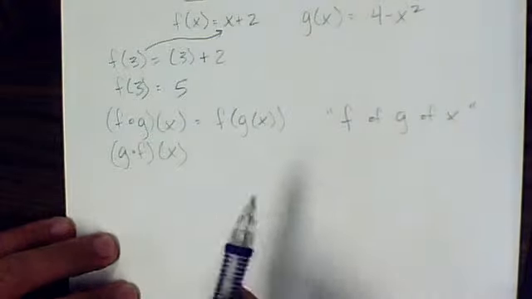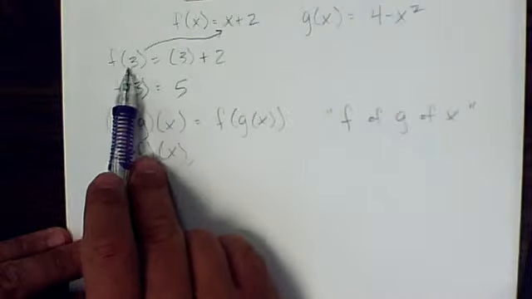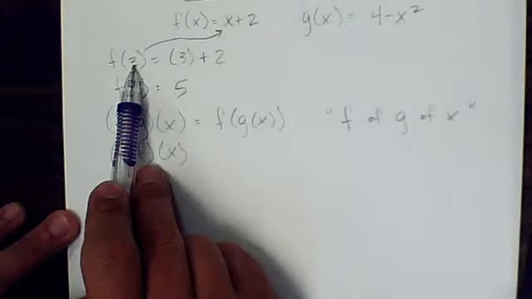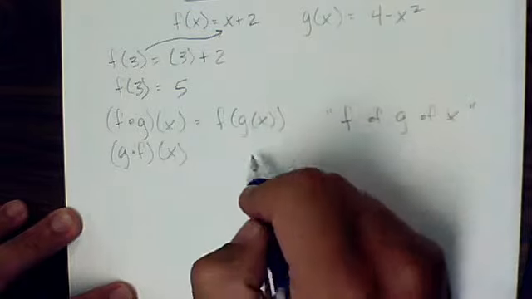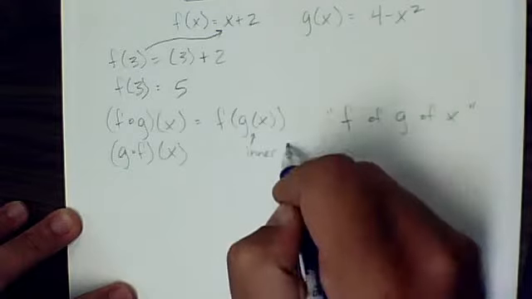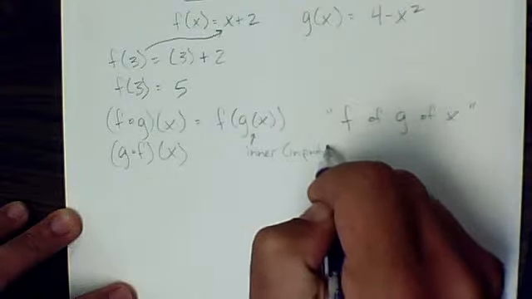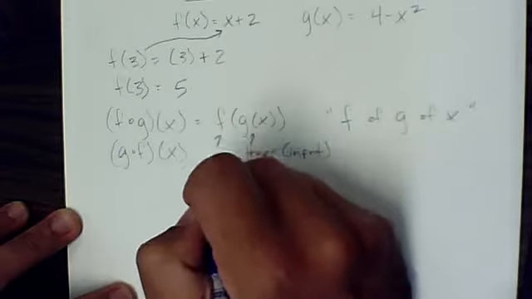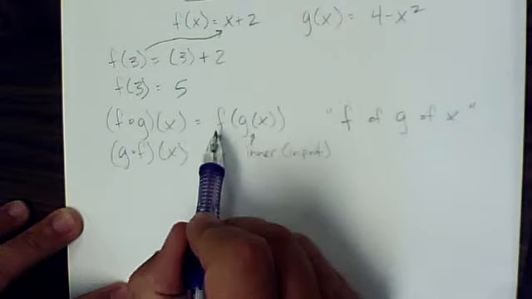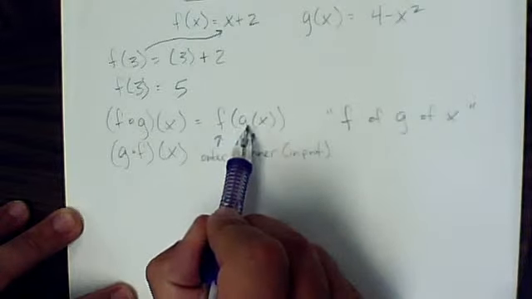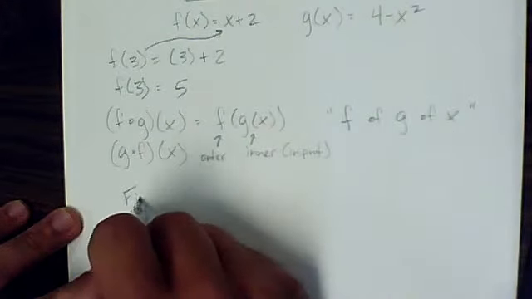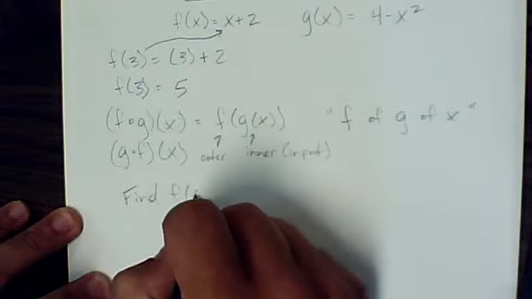Now, right up here, when we found f of 3 is equal to 3 plus 2, the 3 on the inside there, that's your input. So here, the g function is on the inside, so that's the inner, which is your input. And then the f function is your outer, or your output. So what this says is that f of g of x says that we're going to plug the g function into the f function. So again, if you're asked to find f of g of x,